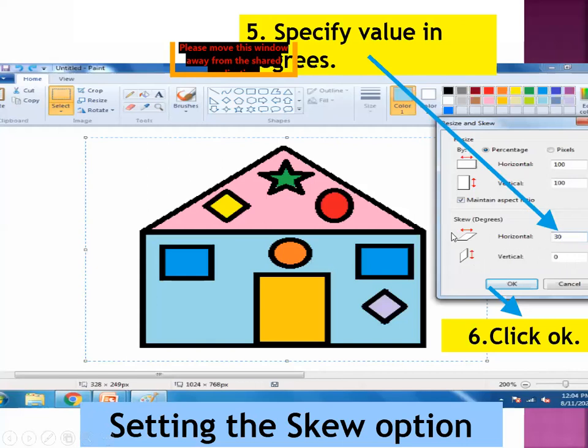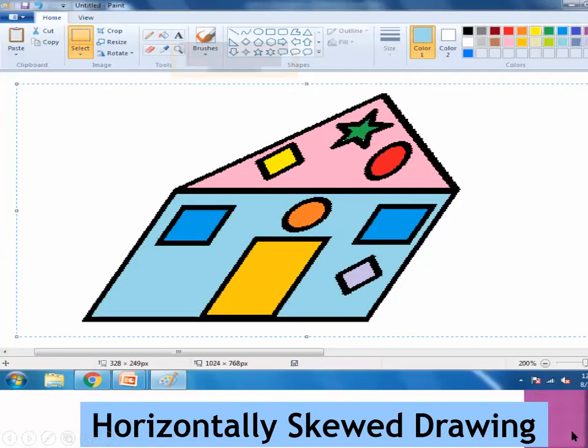So I am moving this image in the horizontal direction, so I am writing the number 30 in the horizontal box. Then step number 6 is click on OK. You can see here when you click on OK, that image will be skewed in the horizontal direction.